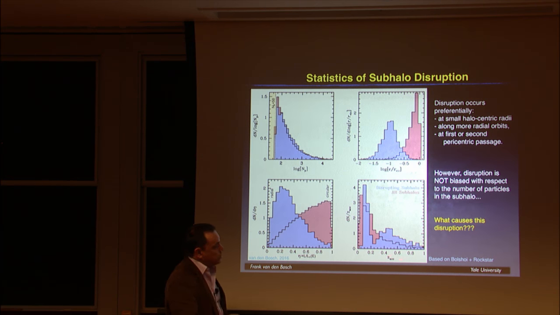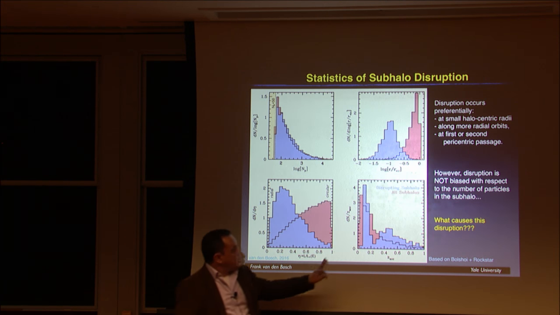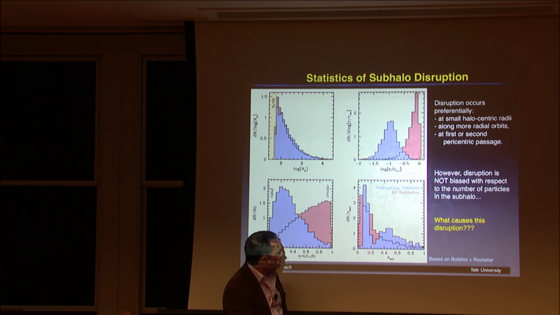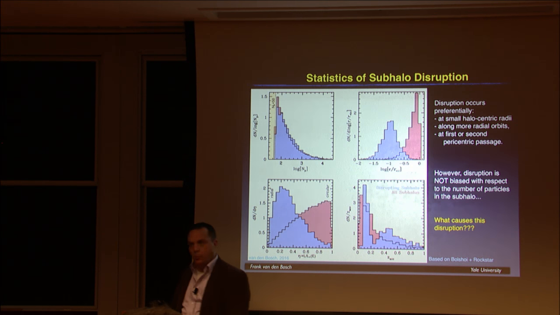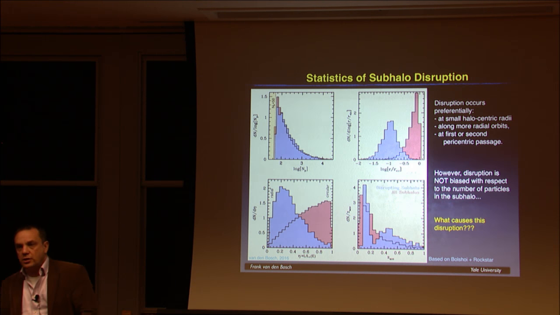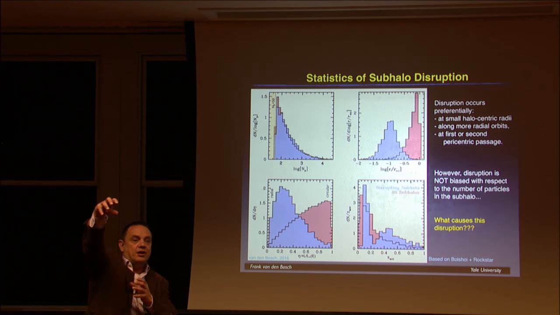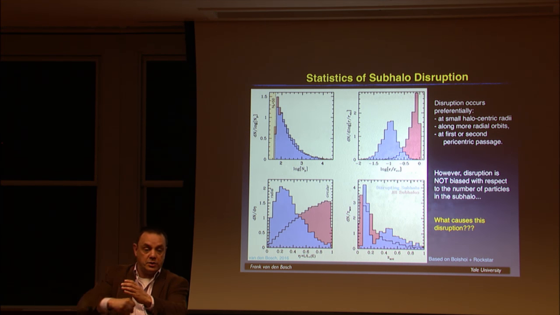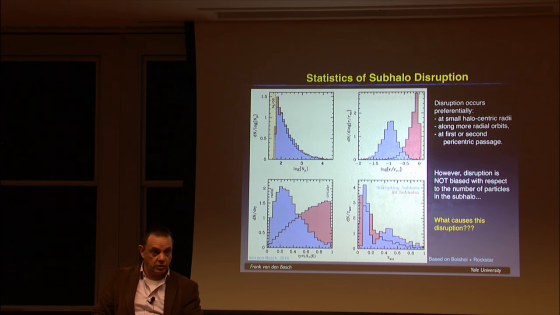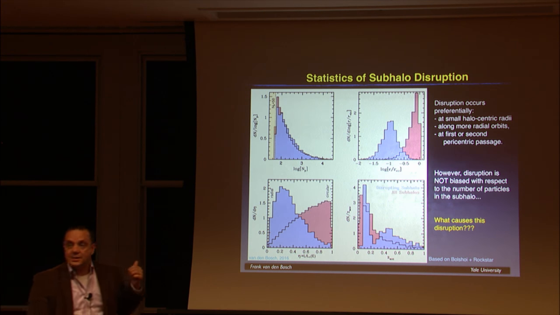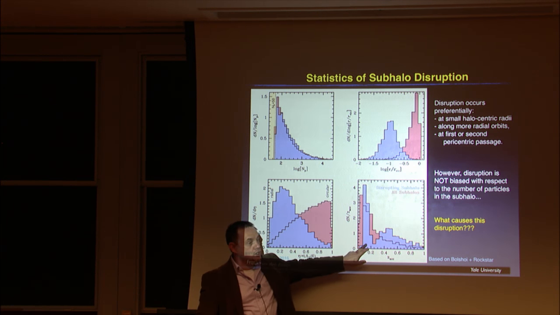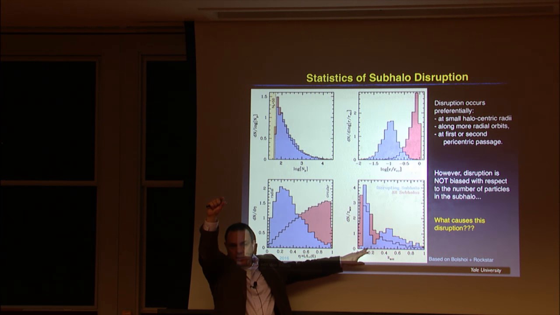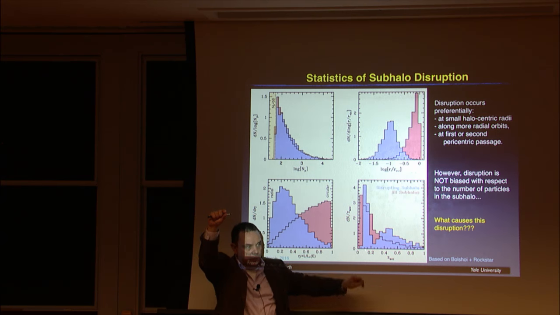Here's a distribution of the accretion redshifts, which is actually interesting. You see that the subhalos that disrupt are sort of bimodal in the accretion redshift. There's this pronounced peak at an accretion redshift of 0.15. Turns out those are subhalos that accrete at that redshift, 0.15. By redshift 0, they are experiencing their first pericentric passage. They get closer to the center. But what this then means is that a significant fraction of subhalos disrupt at their first pericentric passage before they have experienced any prior tidal heating or shocking.